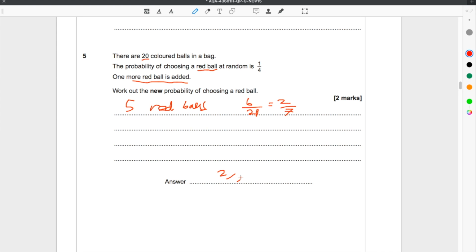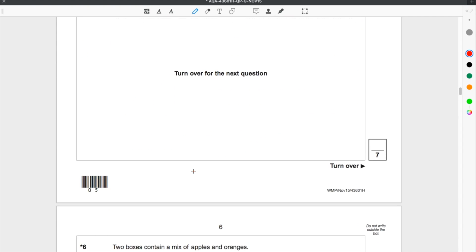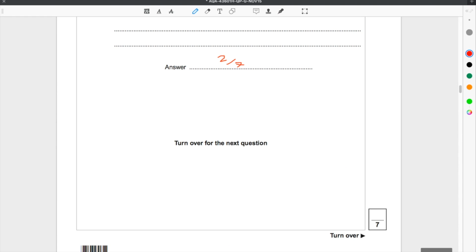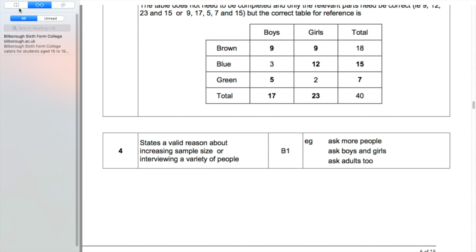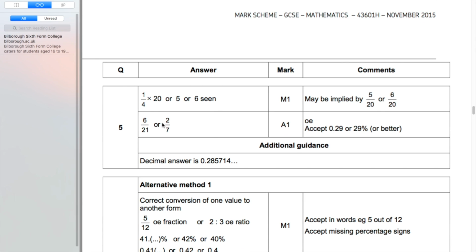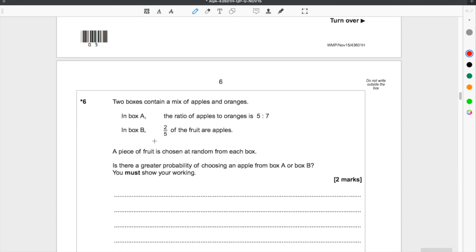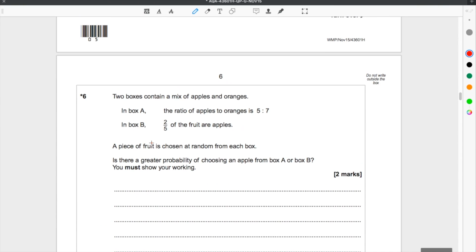2 out of 7. And that's question 5, so let's check that using the mark scheme. 2 out of 7. Yeah, 2 out of 7, okay. We could use that as a decimal, but it doesn't matter, we can leave it as a fraction. That's absolutely fine. So let's go on to question 6, and this is a quality of written communication question, because